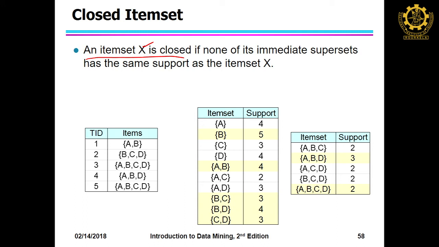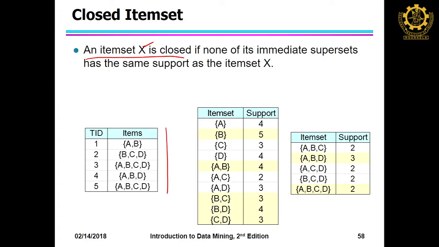But let us say X and AX both have the same support, then we cannot say X is a closed item set. Now, here is an example. On the left side, the transaction data set and the corresponding supports are given. We assume everything is right as far as the support computation. Now, find which ones will be the closed item sets. A is 4 and its corresponding superset AB is 4. So, A cannot be a closed item set, whereas AB can be a closed item set. Now, B is 5, and there is no 5 among its supersets. So, you can directly declare that B is a closed item set.